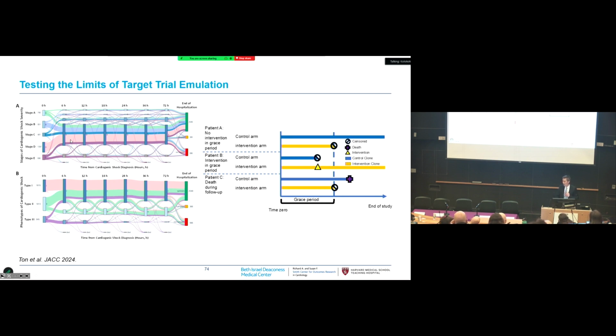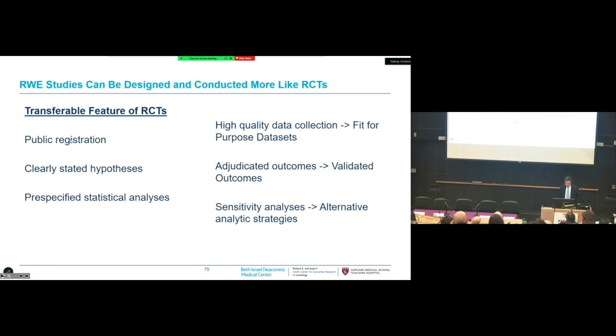From my standpoint as someone who's interested in target trial emulation, working with this group, wow, they really have rich data to characterize how people move from one state to another within 6, 12, 18, 24, 36 hours, because they have multiple points of data collection, hemodynamic assessment, and labs. If you have those data and you can't do a target trial emulation and recreate DANGER, then you probably never will be able to if you can't do it there.